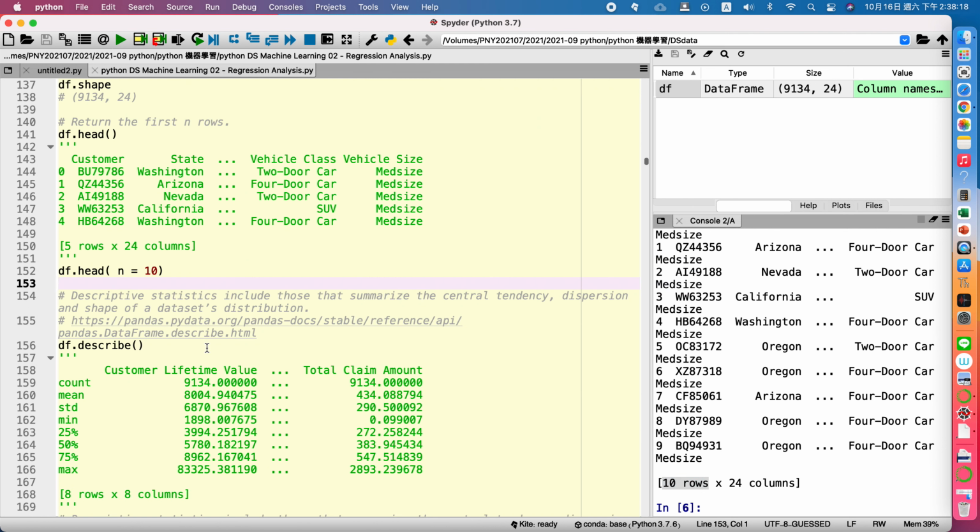Okay, so it will return a row by columns, because we describe it only to return the numerical numbers first. As you can see, because it erases some information, it's hard to see the whole picture for the describe. Okay, so please open your exercise